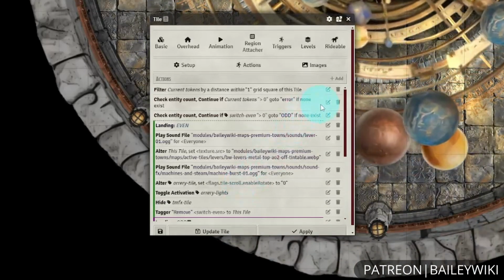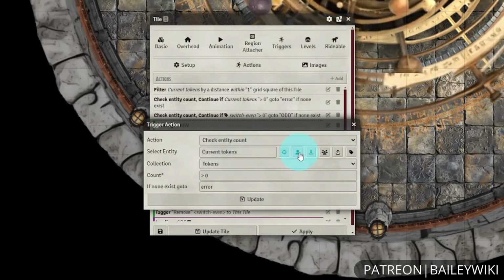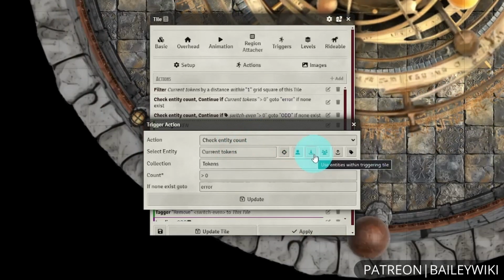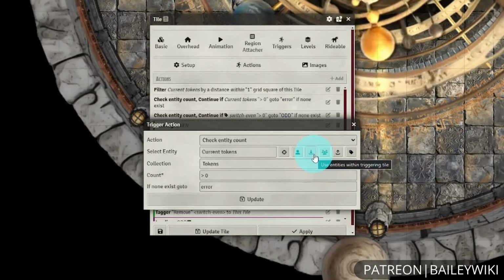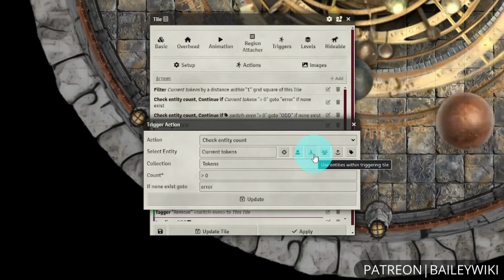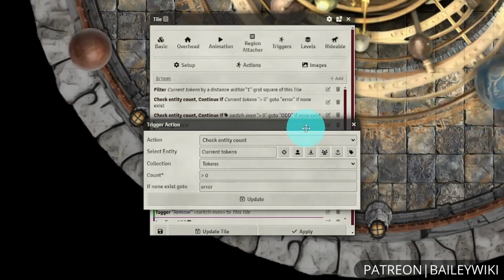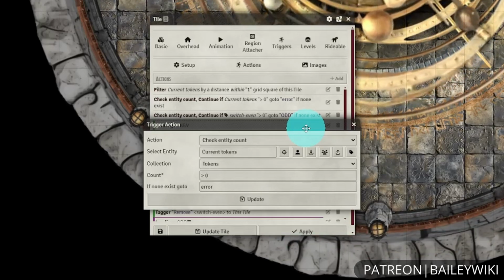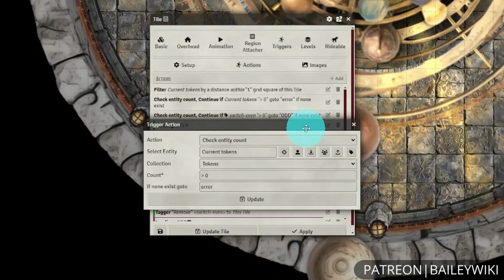We can also expand this a little bit. Instead of checking the entity count of the current tokens, we can check the entities within the triggering tile, and then that check entity count becomes our new set of current tokens, whatever was in this check entity count. So you can use this to also expand or change your array of current tokens beyond or completely separate from your triggering tokens. That's an important bit of information to keep straight when you're working with these things,